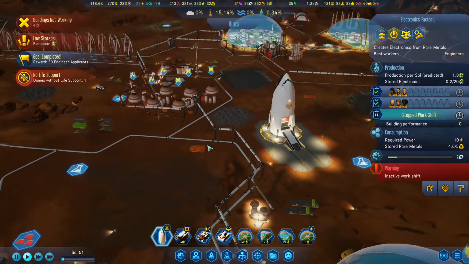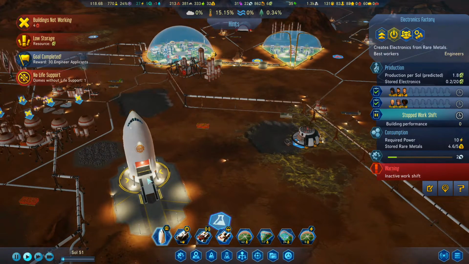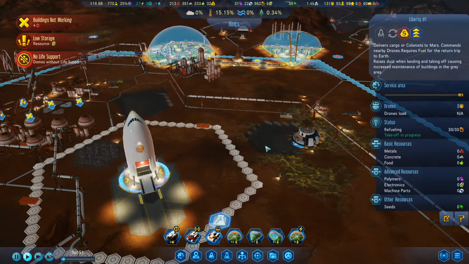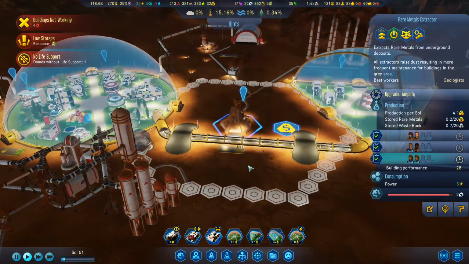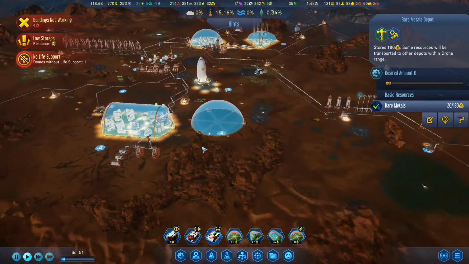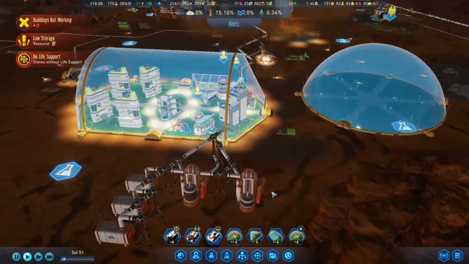Bringing those in. I've got loads of fuel all over the place over here. That one is ready for takeoff. I've forbidden exports on it for a minute. I'm going to leave it like that. I'm just going to send that one back to Earth. You can go. And then rare metals over here. Right there. I've got 20 over there on that one. Low storage. Dome without life support. Yeah, I know that we've got a dome without life support. Don't worry. So we will also take...